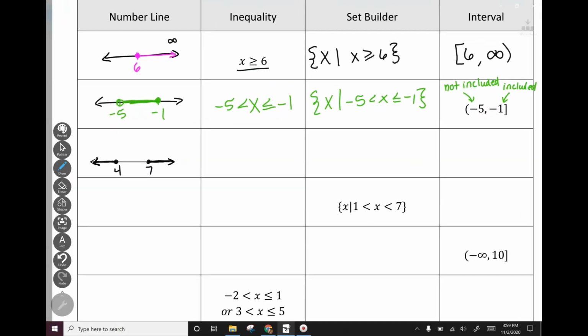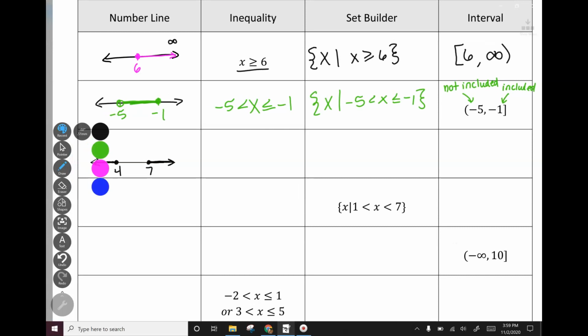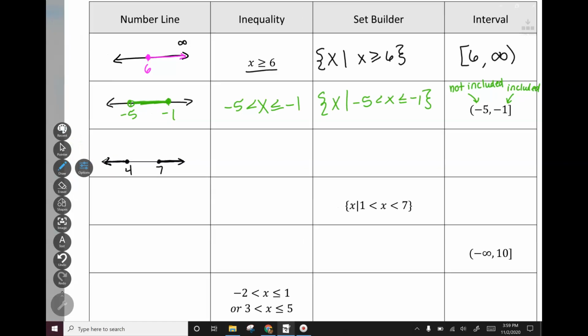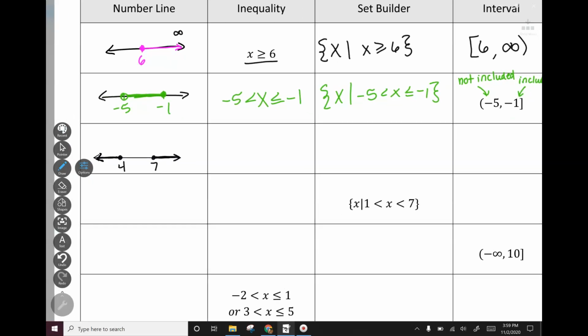All right, so there's our problem for the third one. So we're starting with the number line. We want to write that in inequality notation. On this one, it's actually going to be a little bit different. If you look at the first shaded part, it's shaded from 4 and then all the way to the left. So x has to be less than or equal to 4, since we have a point there,